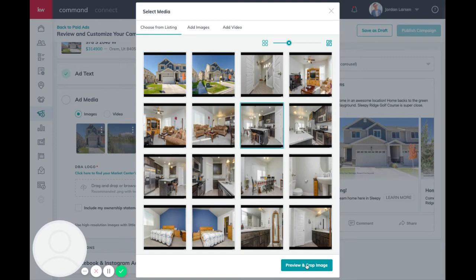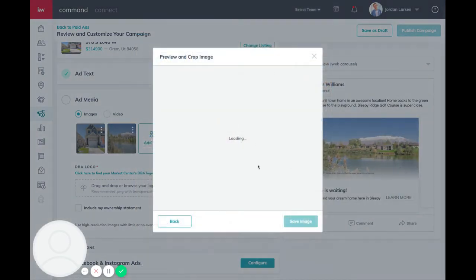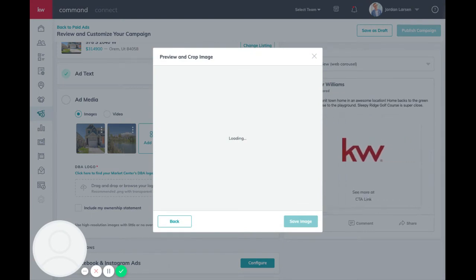And this is pulling these all straight in from the KWLS so that you can pull those in. You don't have to go download those images and then upload them again. And you can do anything. You do not have to attach a listing. You can market if you have an event coming up, or if you just want to market something about Keller